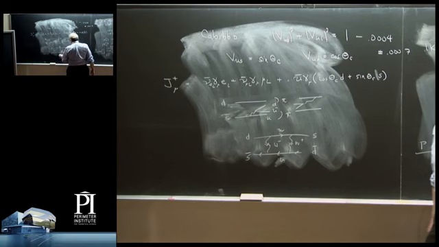Where I put an up quark here, and then I put W minus and W plus on these two lines. Now, the problem with this Feynman diagram is that it's divergent. I've got the integral d4k. I've got here 1 over k squared for the W propagators. For the quarks, I have another k slash over k squared.